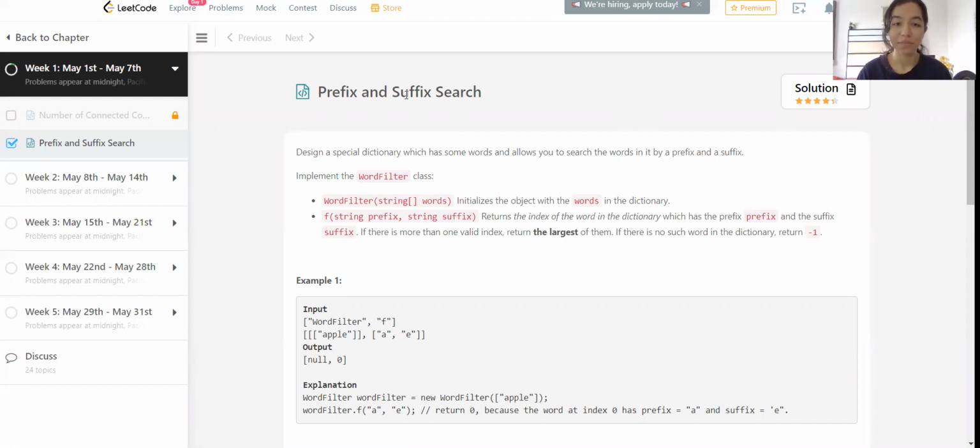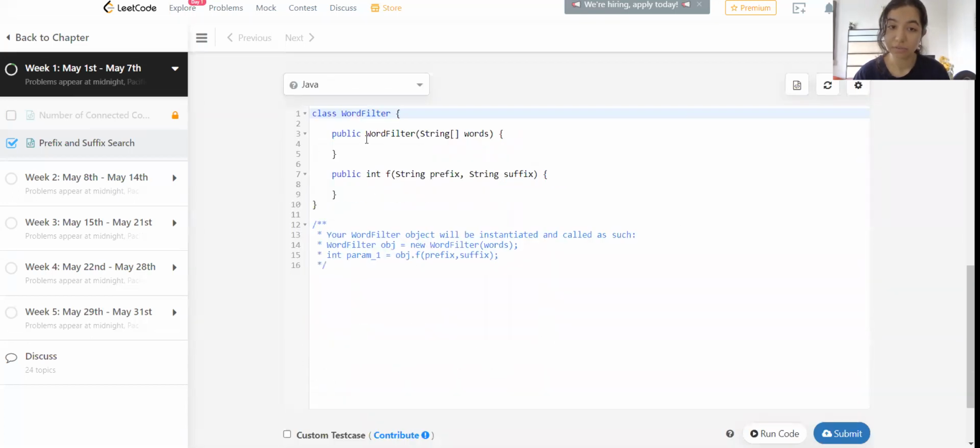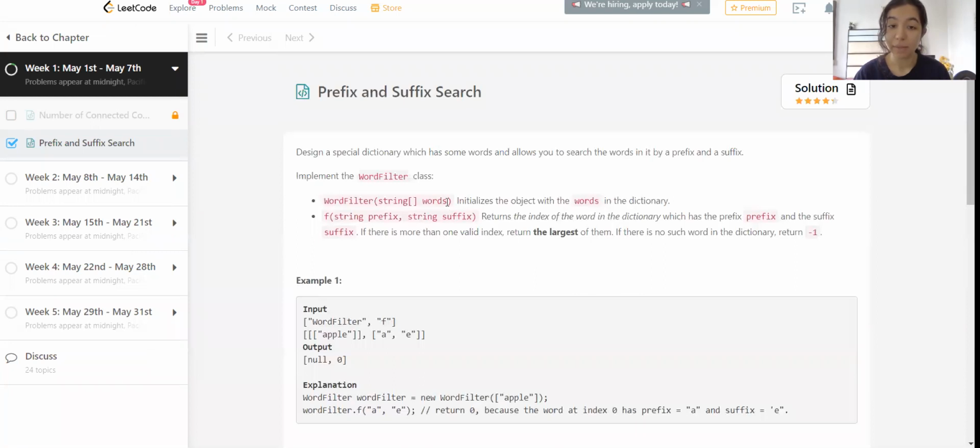The problem's name is Prefix and Suffix Search. Let's read the problem statement. Design a special dictionary which has some words and allows you to search words by their prefix and suffix. Implement the WordFilter class. The WordFilter is the constructor that is already present here, which we have to code, and it is a parameterized constructor. That means it has some variables passed in it, which we need to work on,